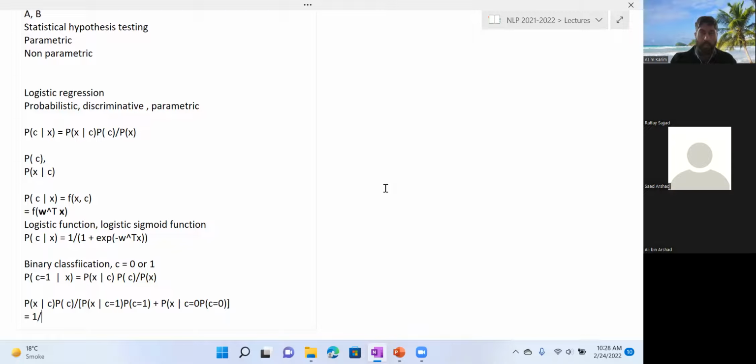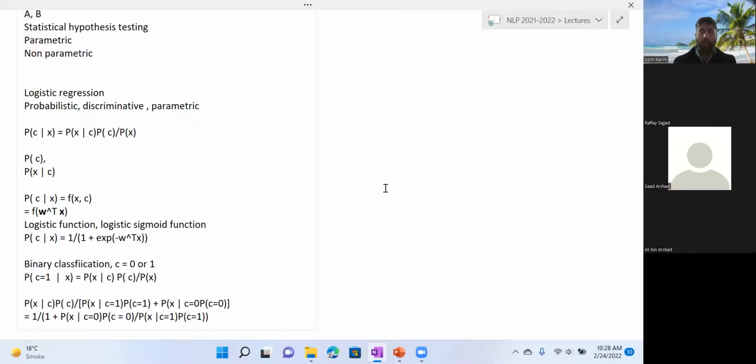And in the denominator, you also get 1 plus probability of x given c is equal to 0, probability of c equal to 0, and then divided by probability of x given c is equal to 1, probability of c is equal to 1,